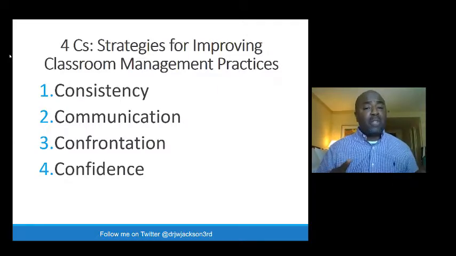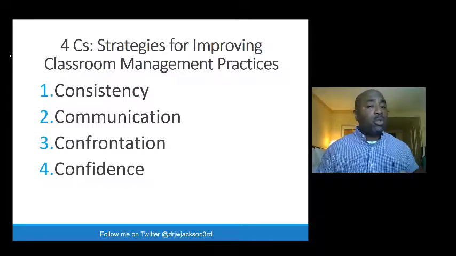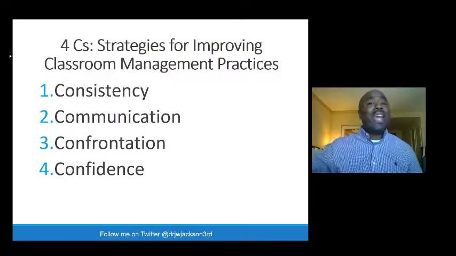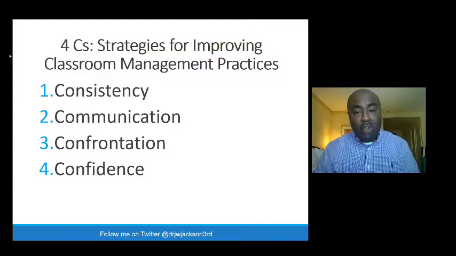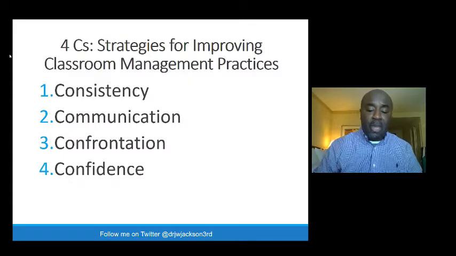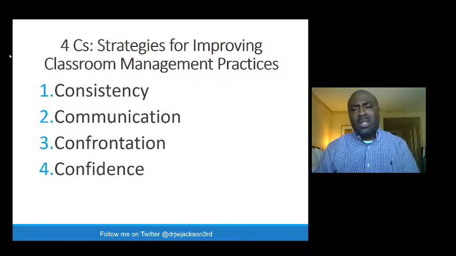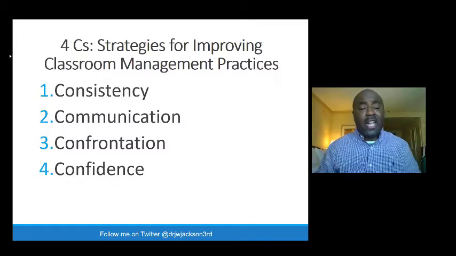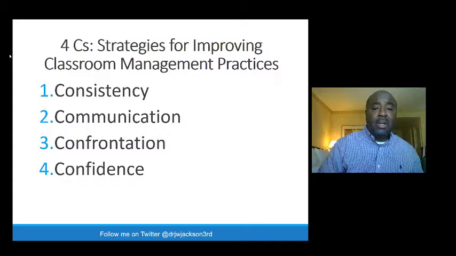And so to stop a student whose behavior is wrong is an act of love. To be able to confront a student and tell them, you can't talk to me that way. You can't just blurt out in my class. We don't use cell phones in here. And to not confront a student on those things, it makes you a part of the problem. And a lot of times, once you get to a place where you're tired of the kid or scared of the kid and you're unwilling to confront, you have just now become a part of the problem.